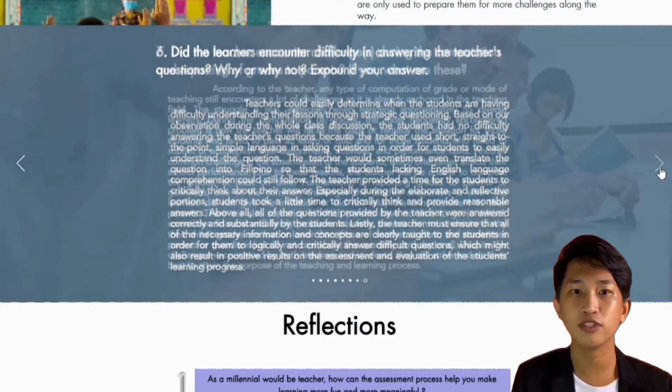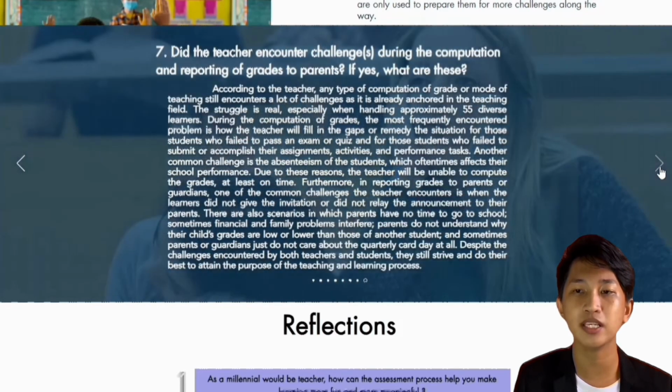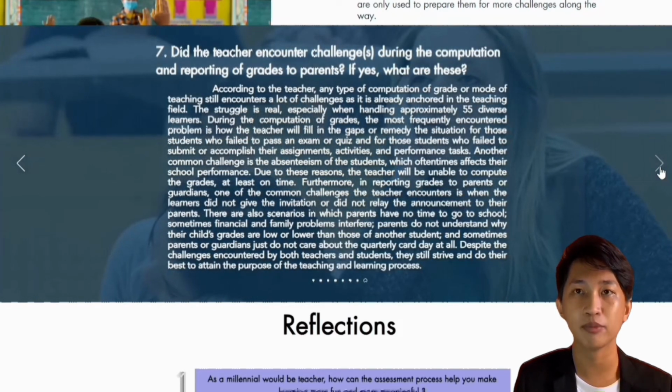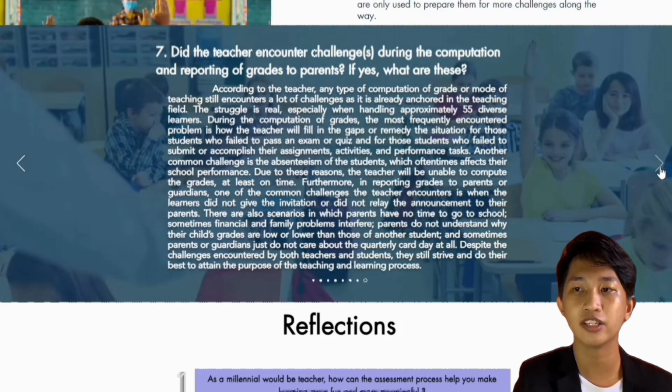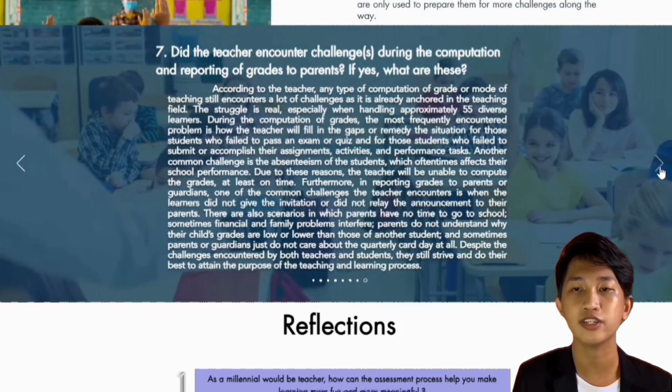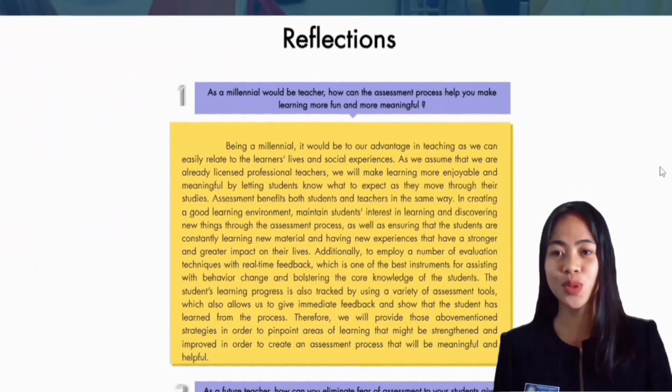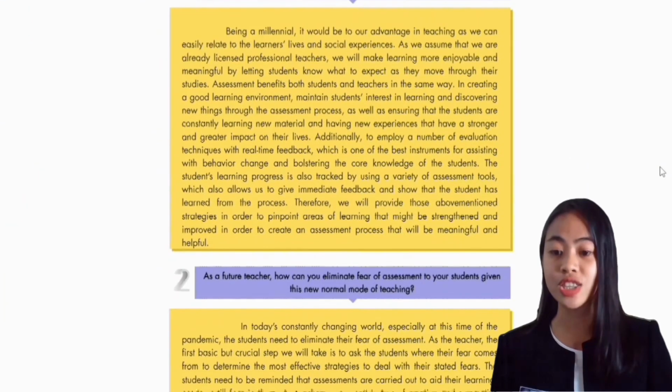Question number 7. The most frequently encountered problem is how the teacher will remedy the situation for those students who fail to pass an exam or quiz, and handling a lot of diverse learners. Teachers often encounter challenges in reporting grades to parents and guardians when their child's grades are different from those of other students. So proceeding to our reflection, the number one question is